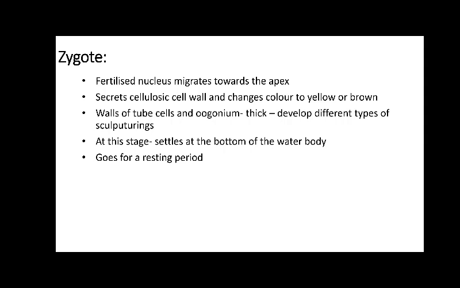They migrate towards the apex. കാരണം നമുക്കറിയാം എഗ്ഗ് താഴെയായിരുന്നു. They migrate towards the apex, secrete cellulosic cell wall and changes color to yellow or brown. Walls of tube cells and oogonium becomes thick and develop different types of sculpturings. At this stage they settle at the bottom of the water. In the nucleus release ചെയ്തിട്ട് they settle at the top of the water body and goes for a resting period